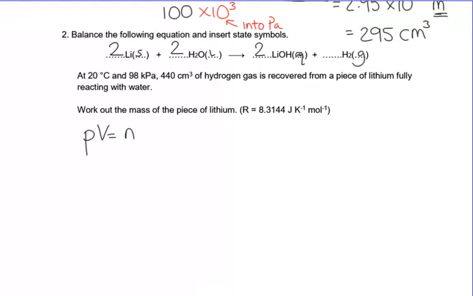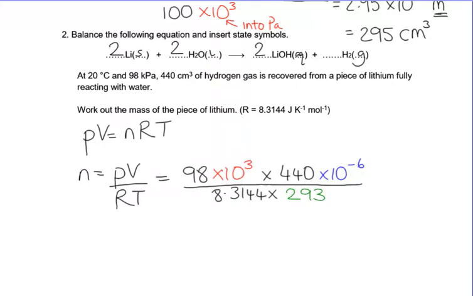Given that we've been given a temperature, a pressure, and a volume, we know we're going to be using PV equals nRT, but we're being asked to calculate a mass, and nowhere in PV equals nRT is there a mass. But there is a number of moles, and we can turn moles into mass, so let's rearrange for moles. So we've rearranged for moles. Let's substitute in the numbers, remembering all our conversions. We've had to convert the pressure into pascals,